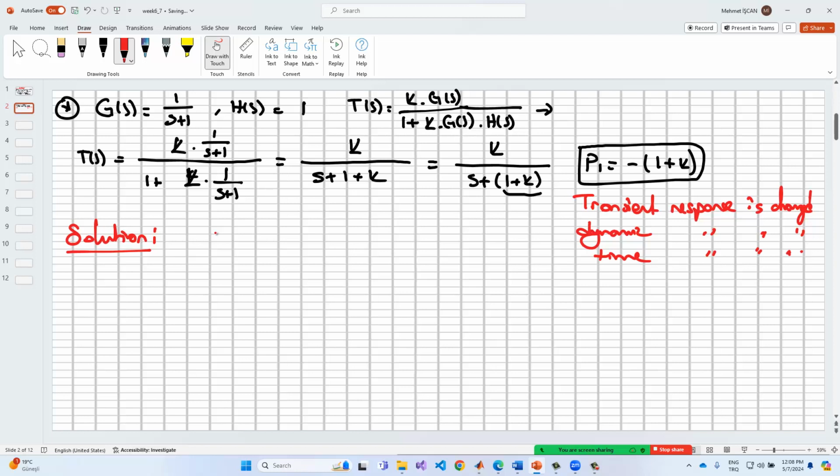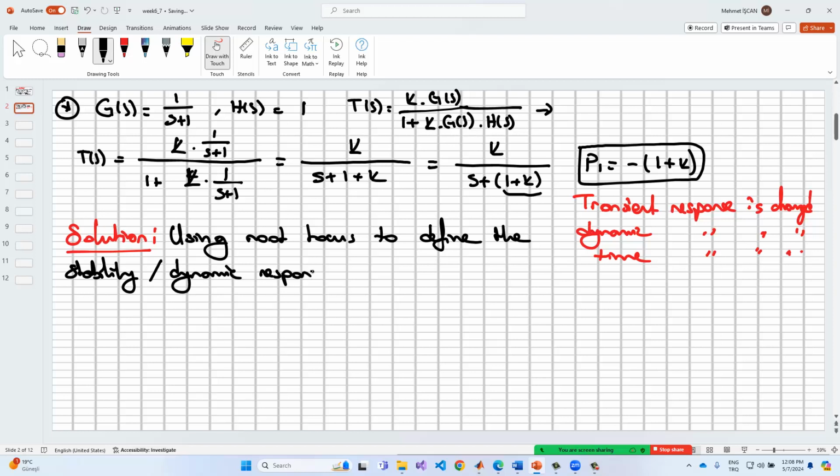Solution is simple. Using root locus to define the stability of your system or the dynamic